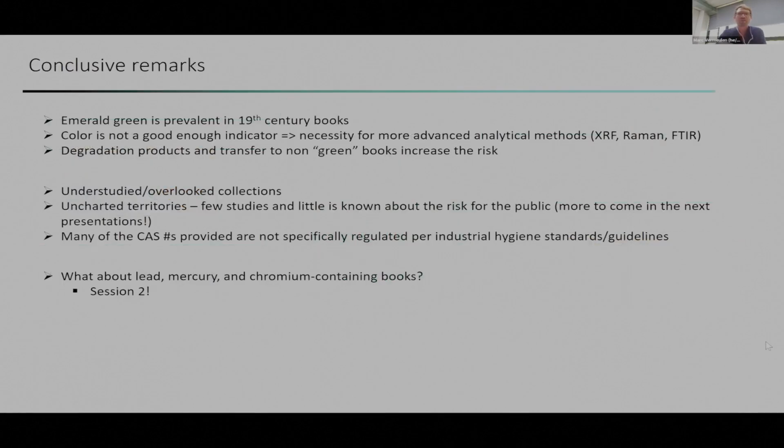I'm just finishing with a concluding remark, and I think I'm at the end of my 10 minutes. Through this study, we've noticed that emerald green is prevalent in 19th century books. We've also seen that the color is not a good enough indication of what is actually being used in the book, and so we need to do chemical analysis, mostly using XRF as a first tool to figure out what it is. We were also able to identify degradation products and transfer to non-green books, which also increased the risks